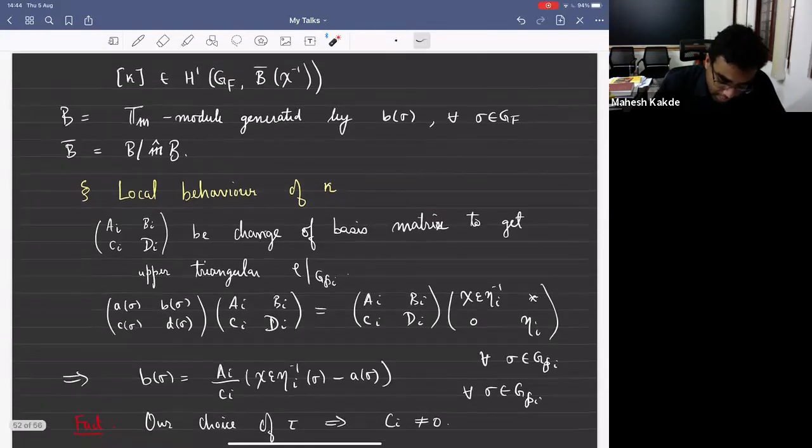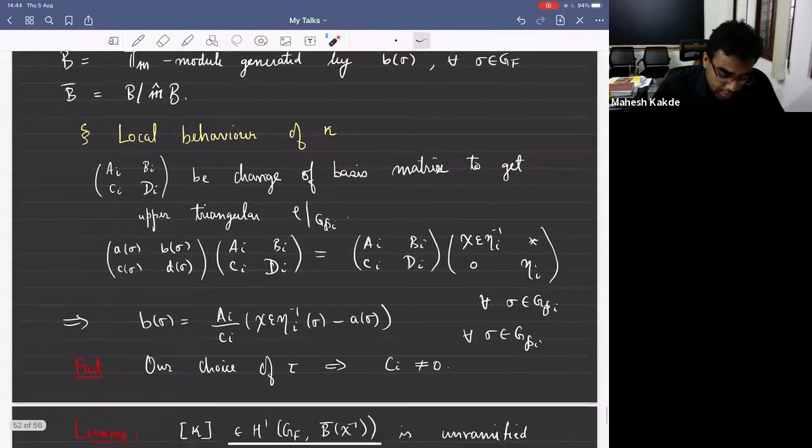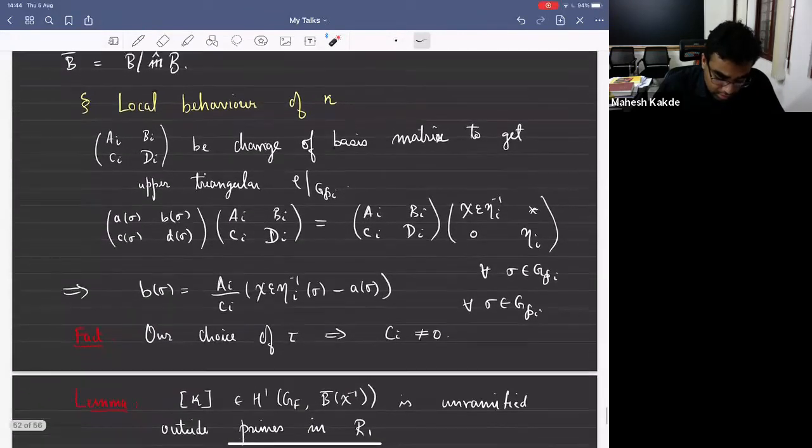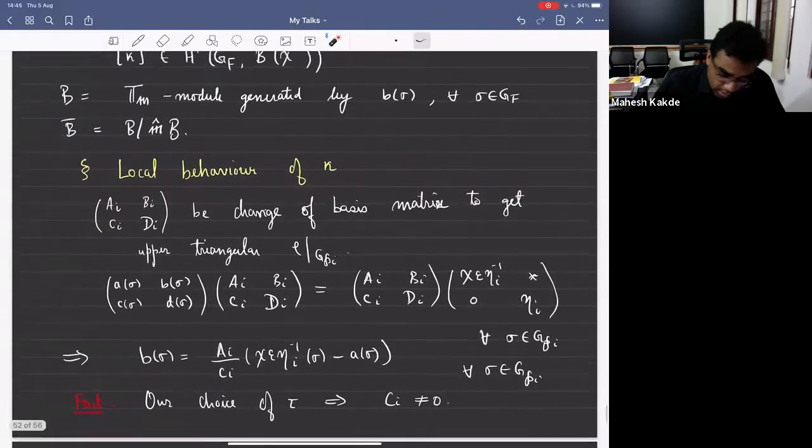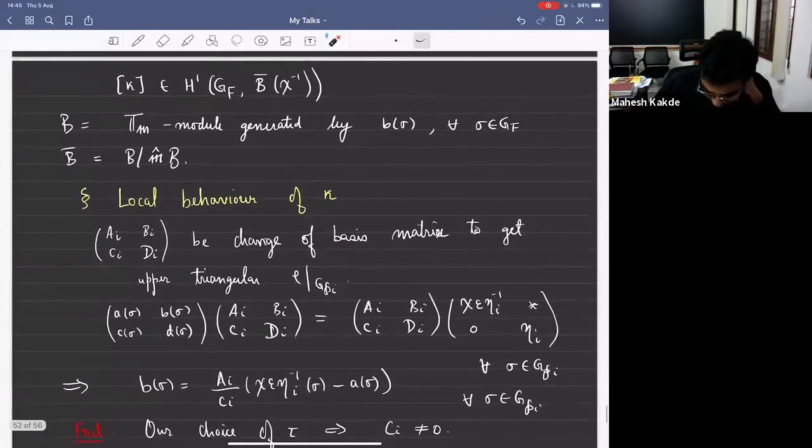So whatever happens from now on is different from the Dasgupta, Darmon, Pollack paper. So firstly, we look at the behavior of kappa locally. So kappa is a